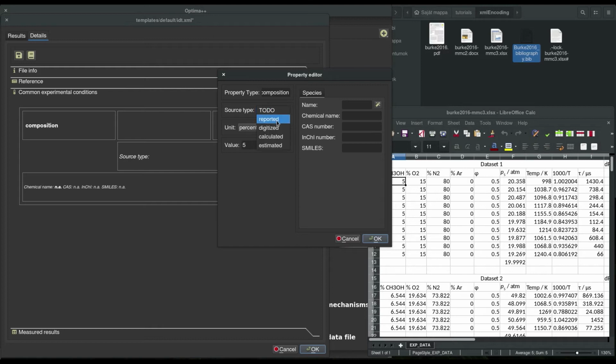I set the source type to reported and type CH3OH into the name field. If I have typed the name, all other fields are filled in automatically by clicking on the small magic button.